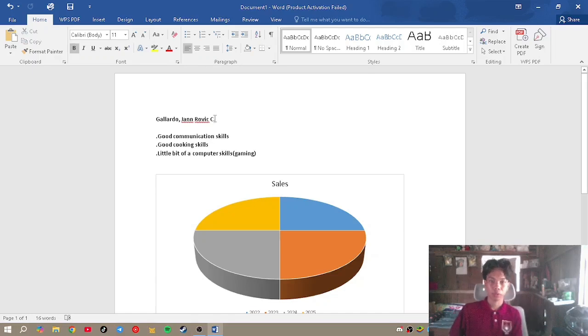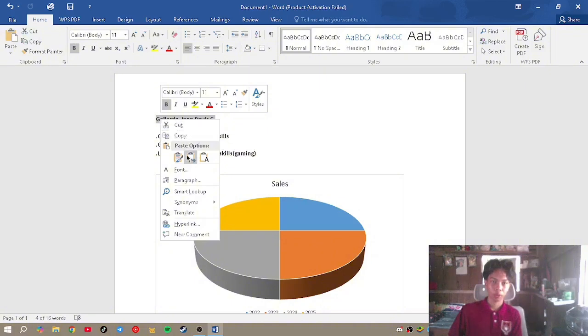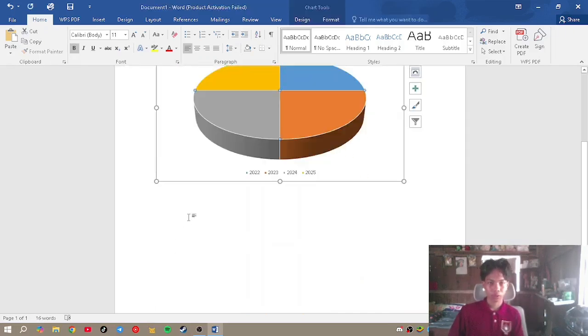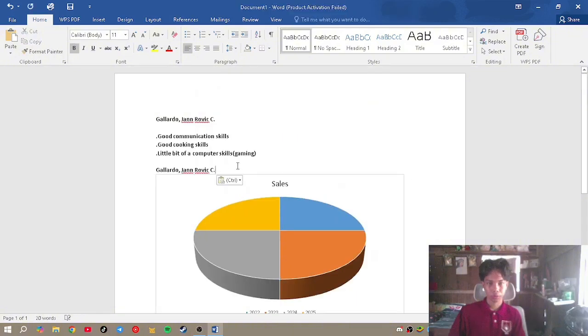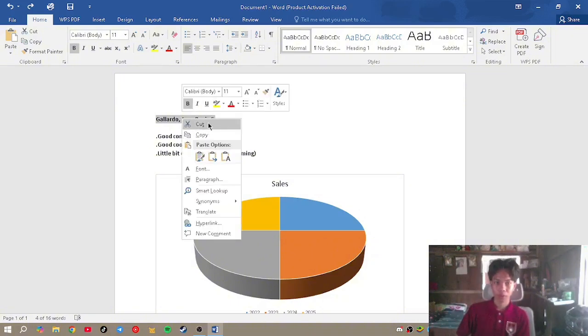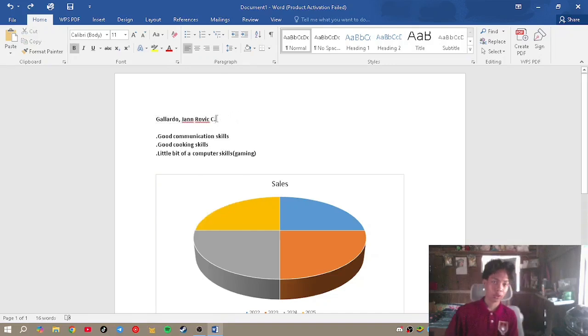copy and paste. You can do it like this: long press and right click. You have copy and paste in here, but to make it easier, just use Ctrl and C, and then paste it, something like that. And you can use this tool called undo. So undo that, and for example, if you want to cut, you have this cut. The shortcut for this is Ctrl X, and just paste it again.